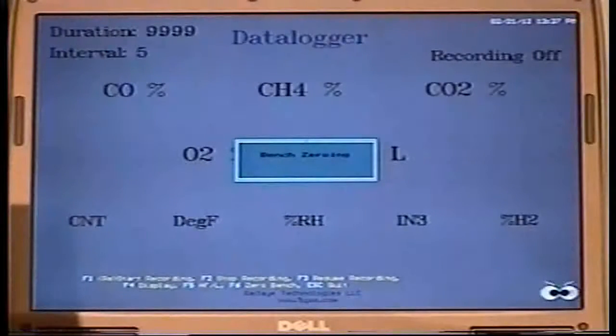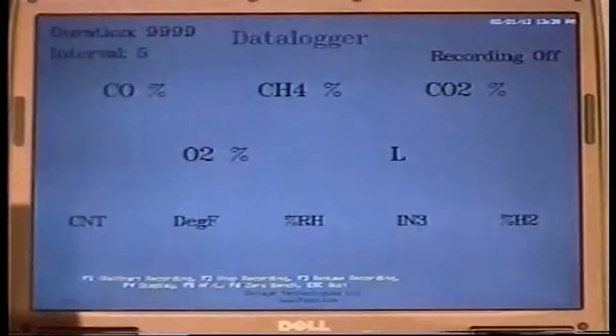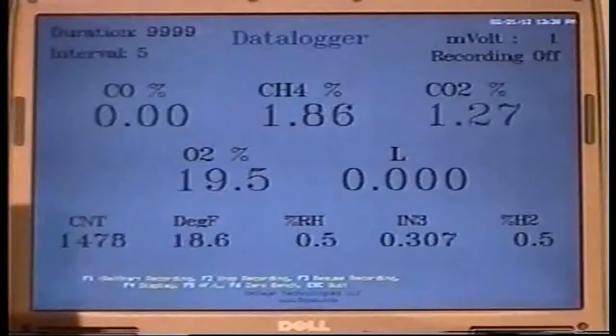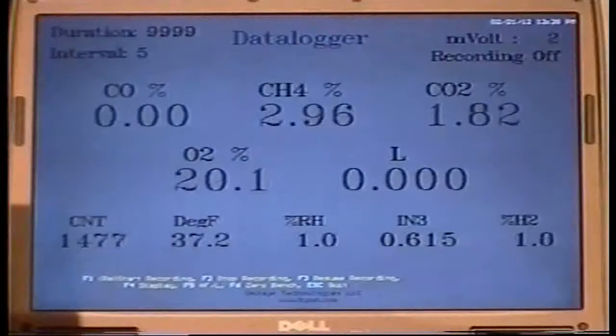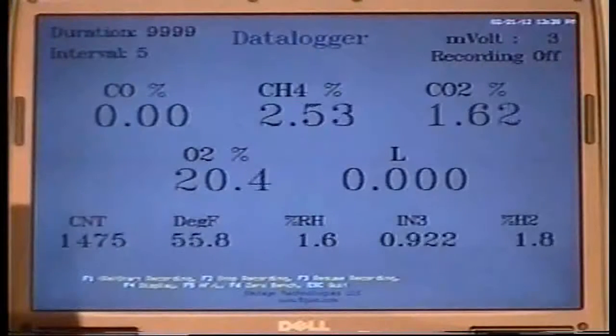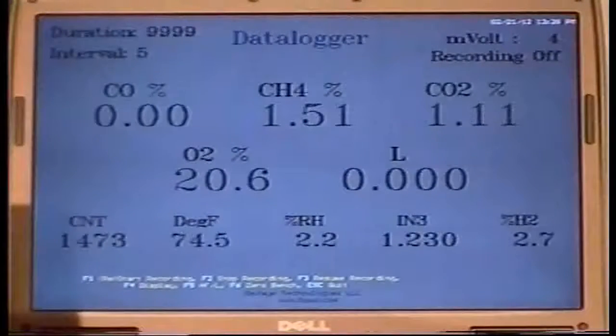You may have some applications where this is entirely too much flow and too much sample. You may not even have that much sample. So all analyzers have a bypass port on them, which is a port that gives us direct access straight into the sample chamber, bypassing the pump, bypassing any filters. This is particularly useful if you're short on headspace in your test sample, and this way you can